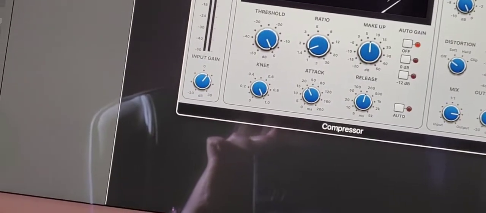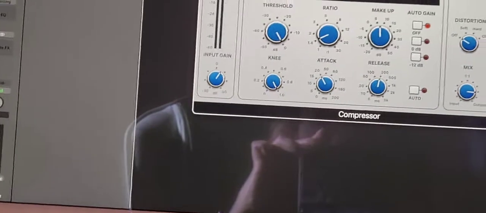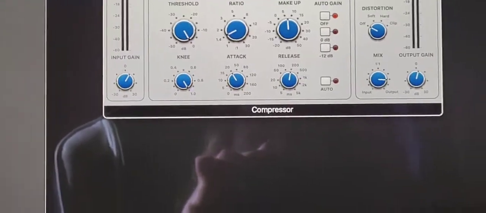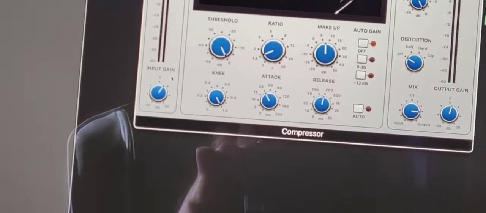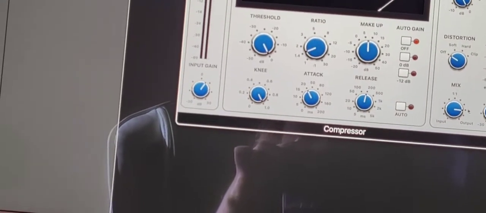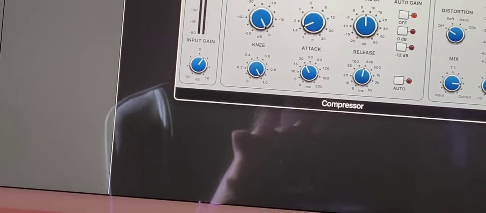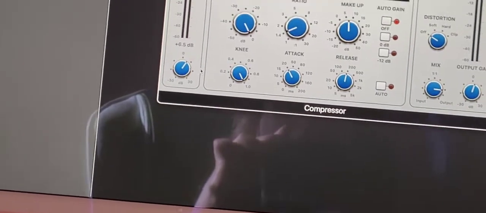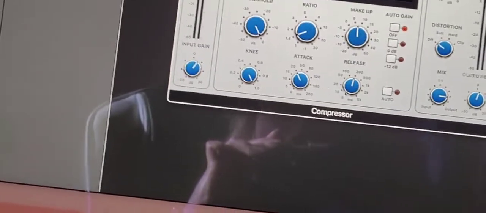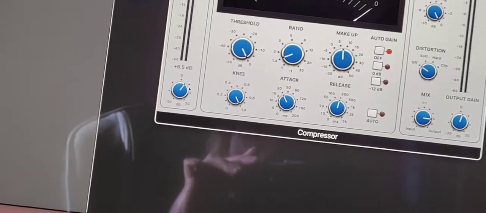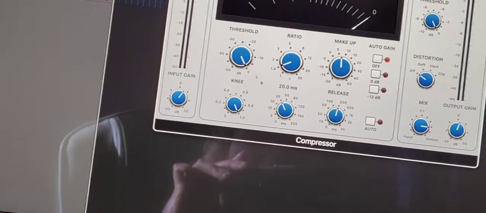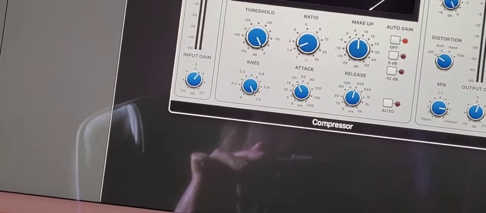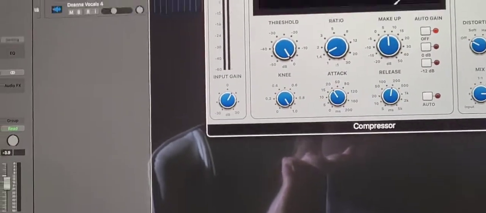So the limiter hasn't been changed, but the input and output gain has, going at 6.5 dB and 3.0 dB, again slightly increasing in the output gain, while the input gain is moved up a bit. So there's that. And what I should be doing right here is that I need to add in some reverberation